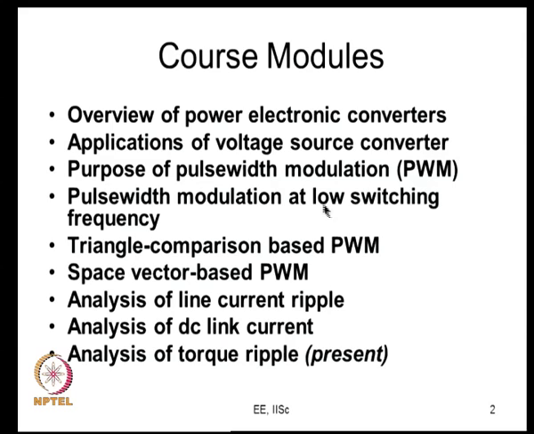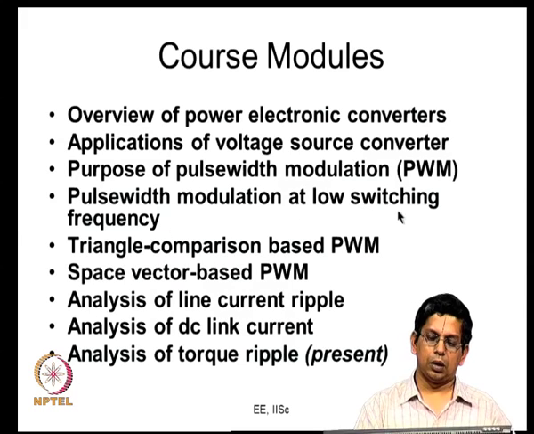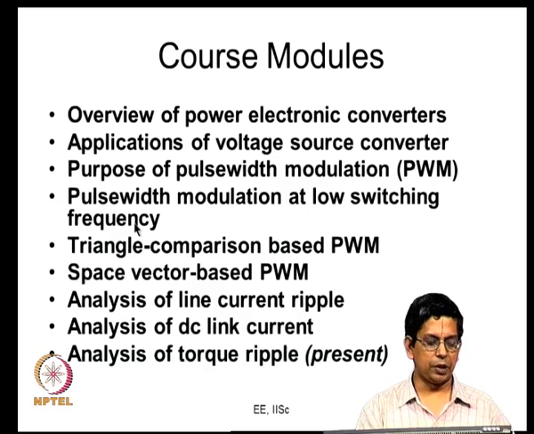Then we looked at how to generate pulse width modulation at low switching frequency. Sometimes when the inverter operates at a very low switching frequency, how would you generate the PWM waveforms, and we looked at some studies on that. We looked at things like selective harmonic elimination for this purpose. And interestingly, today we will be doing something very similar to that. In the last lecture we discussed some low switching frequency PWM methods, and we were trying to look at the pulsating torque produced by inverters, the motor drives which are fed by inverters that switch at low frequency. Today we will be dealing with it a little bit again.